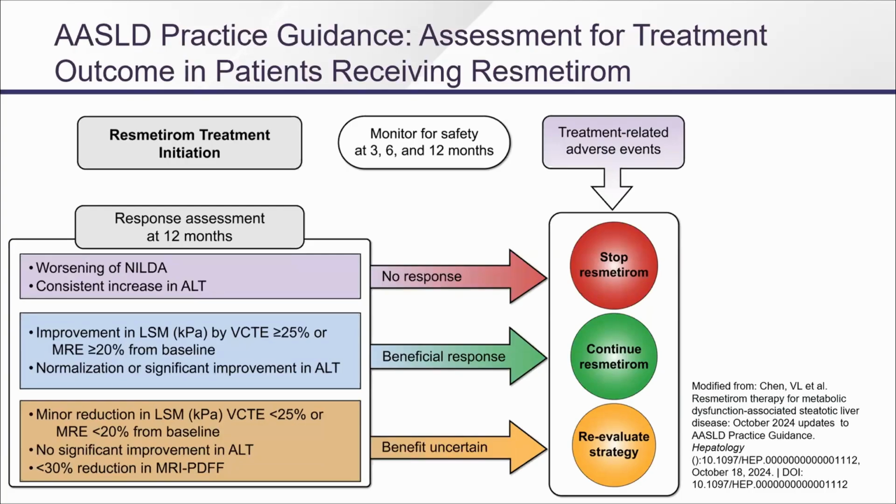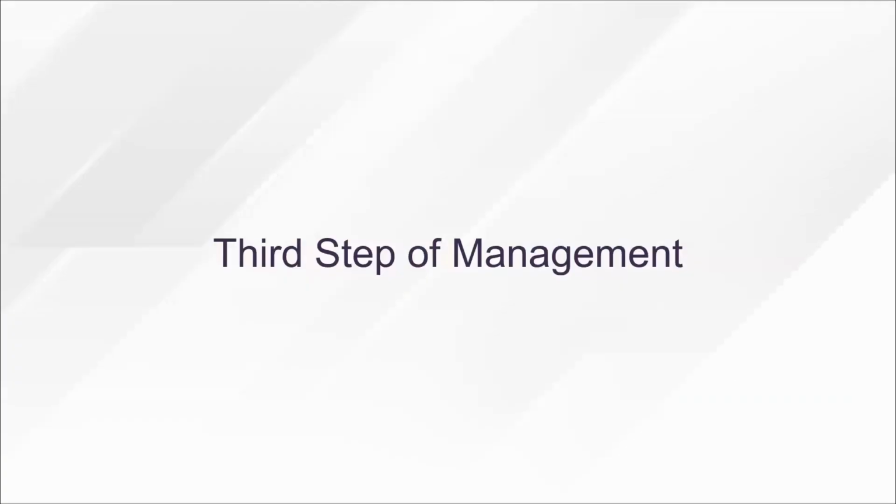If they're getting better, keep going. How long? My feeling is until they hit F1 or F0 on your non-invasive tests. Then they don't have an indication. That would be my simple rule. I haven't got anyone there yet, so I don't know. I haven't stopped anyone. But that would be, to me, the simple thing. Now, of course, if we haven't controlled their weight and their diabetes, they're just going to march forward again. But I guess I could deal with that. But work on those things at the same time, and then you'd be able to stop and then just maintain their weight and diabetes.